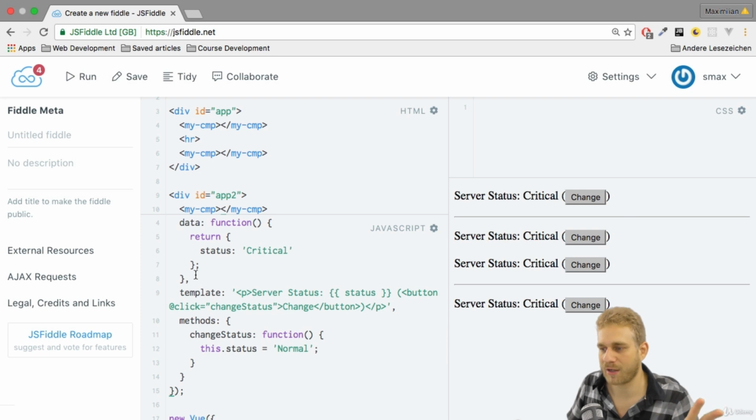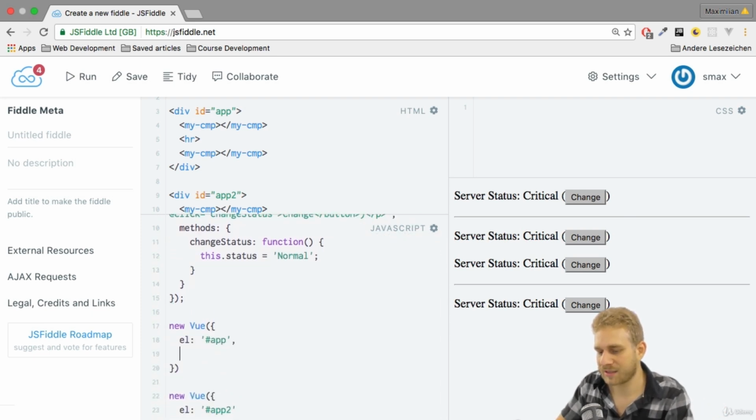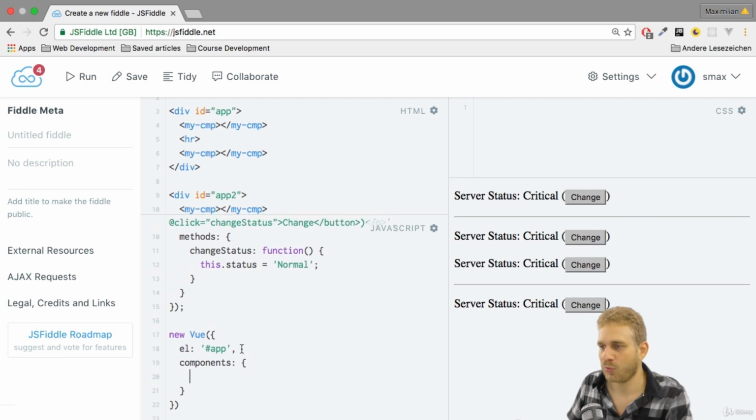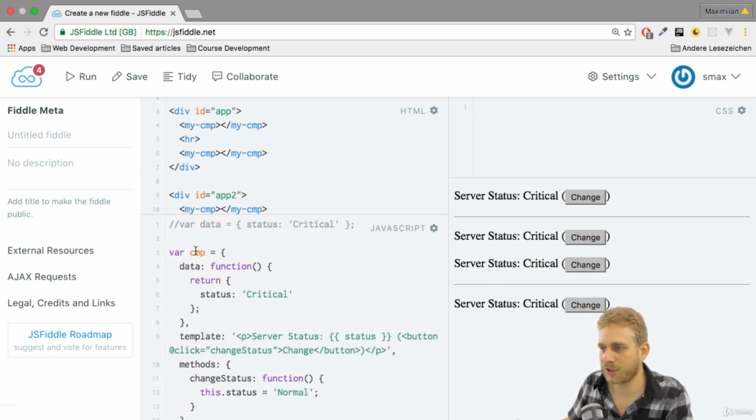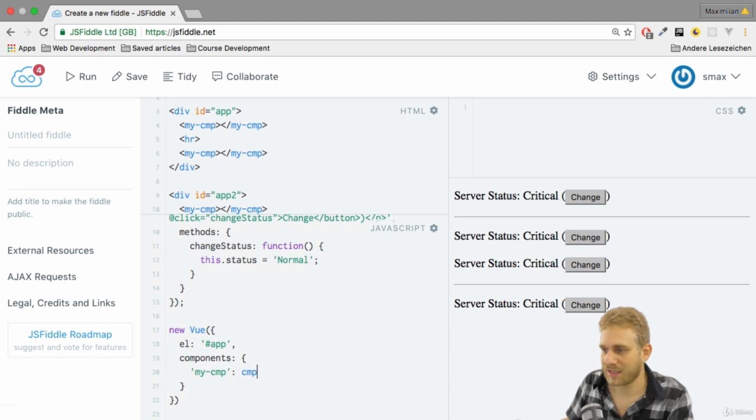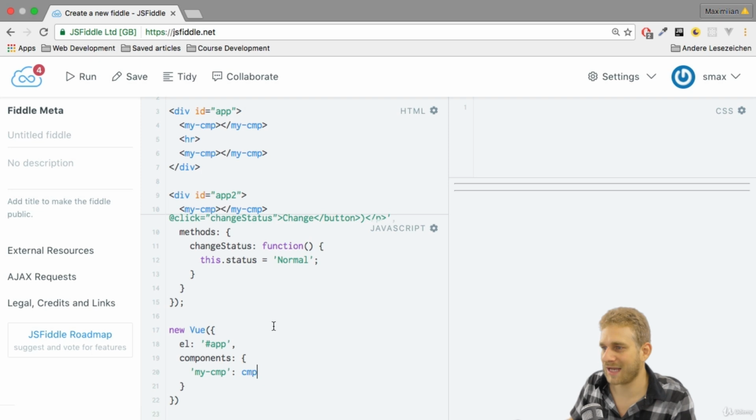So the selector is gone. Now in my Vue instance, I can add a new property, components, which basically tells this instance which local components it has. So components only usable in this instance here. And here I want to set up my selector. This is now completely freely choosable by myself, my-component, for example, and I will refer to my component data variable up there. Now I set up a local component, and if I hit Control Enter, the app breaks,